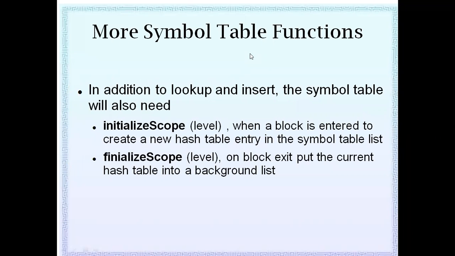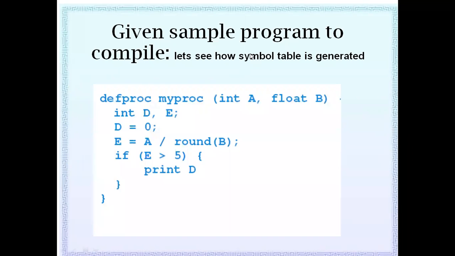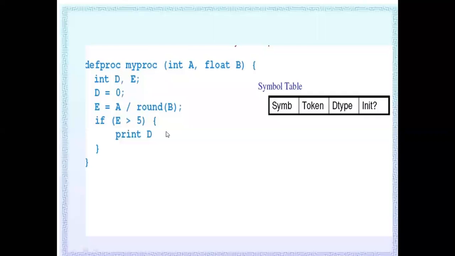See, this is a sample program to compile. Let's see how the symbol table is generated from this. The symbol table consists of mainly four fields: symbol, token, data type, and initialization. Symbol is nothing but a variable. Token is the token name we define for that variable. Data type is nothing but the data type. Initialization